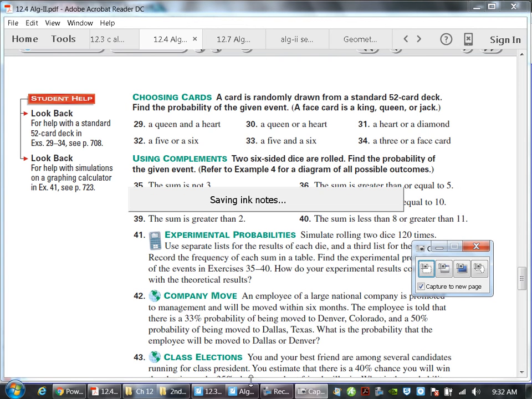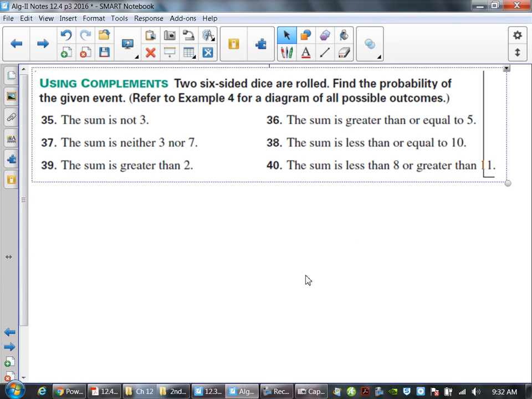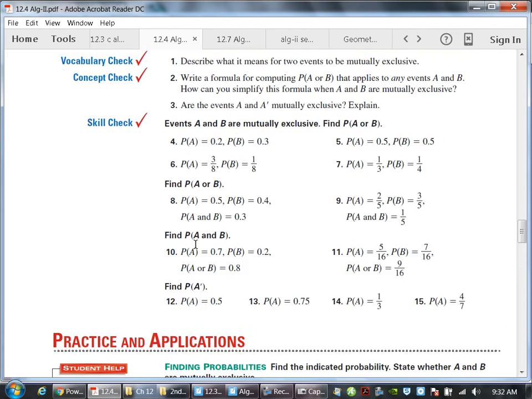All right, anyway. So into this one here, you have the sum is less than 8 or the sum is greater than 11. So basically, if you think about the dice part, you're really only worrying about,